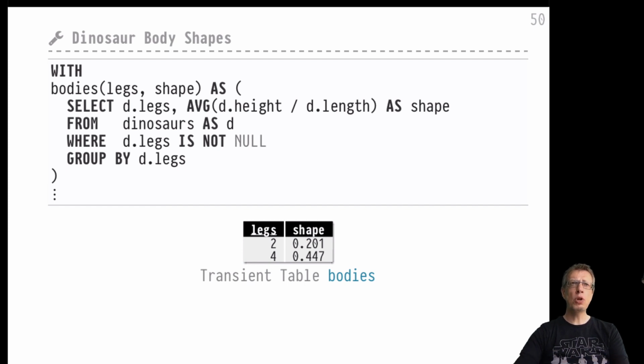Okay, and that would lead to this temporary table. I call it bodies. So this is a characterization of the body shape for the two and four-legged dinosaurs. These would be the characteristic average height to length ratios inside these groups. Okay, so far so good. So let's